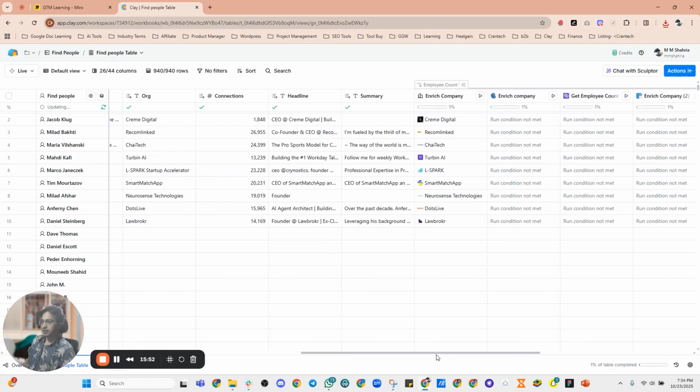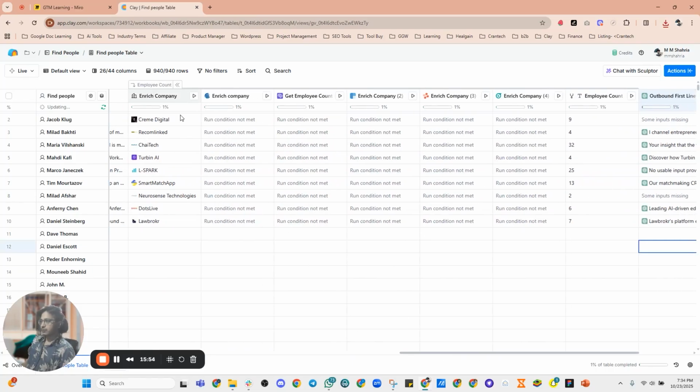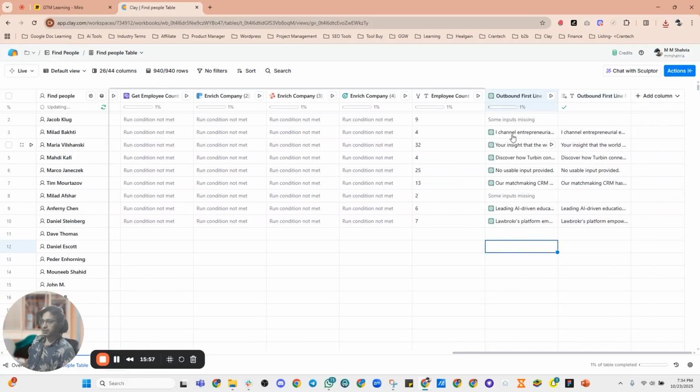So that is it, and we are almost at the close of our first lesson. The idea is basically once you find the people, then you enrich them. For example, enrich the person's work email to check how many people are working in their company. And based on the information you have, you can transform. You can write a first line, or whatever you want, based on the information you have. That's called transform. Then you can export the data. In our next tutorial, I will show you how to use